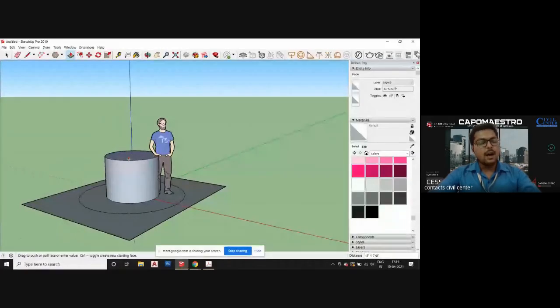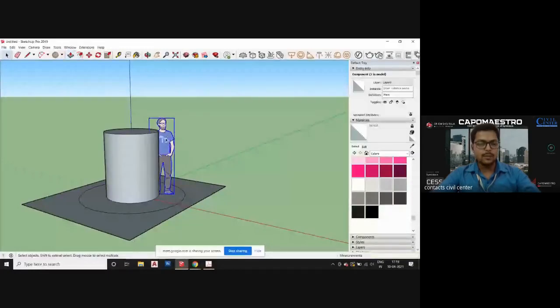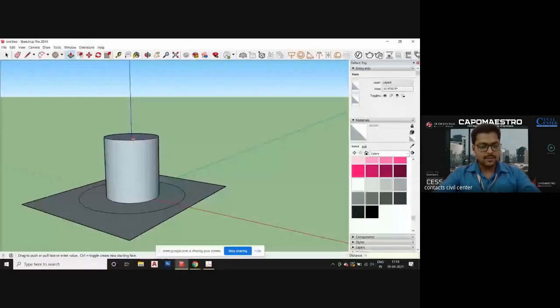Now you can use the same tool to push it. Simply select the upper surface and push it by 1 foot. You just select the surface and enter the particular distance. Now you can see this cylinder has been shortened.